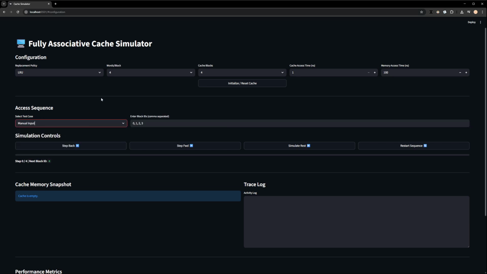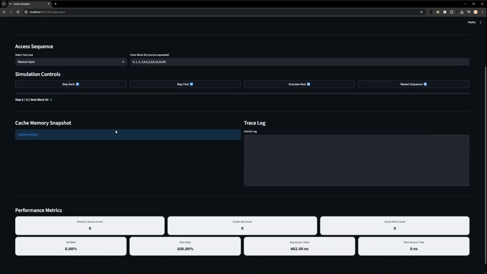So for now, I'm going to do our manual input here, and then I'll just do a random string. So 4, 5, and then I'll make sure to include the hits. So 2, something that will hit, 2 and 3, maybe 0, and then some random ones at the end that would not hit or would miss. So 64. So here you see we have 12 instructions here,